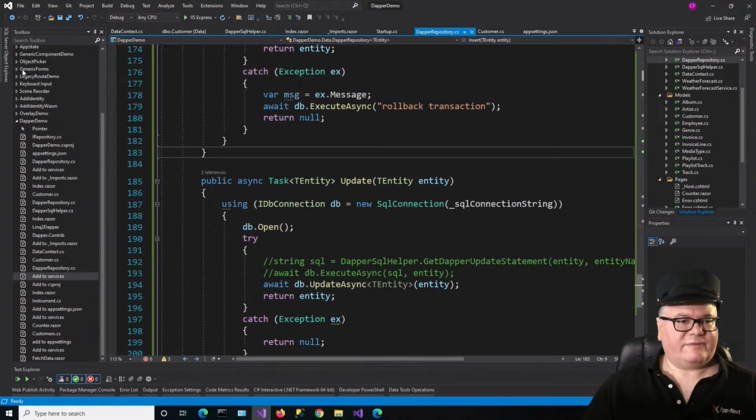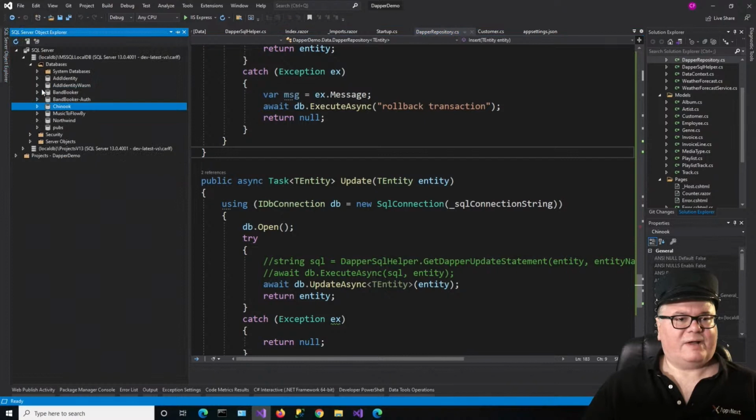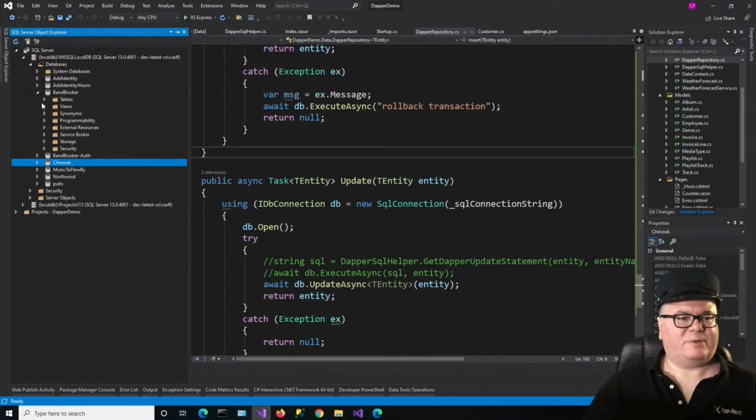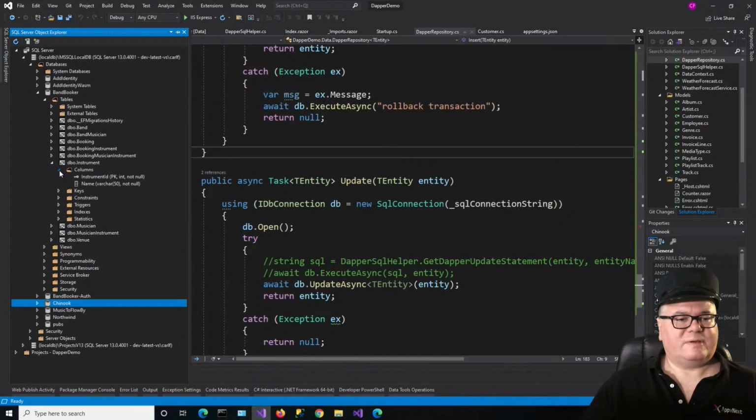Okay, now let's look at a different database, one that does have an auto identity, and that's my database, BandBooker. Now, there's nothing that's going to change with this code. I'm just going to run it against a different database. So let's pull up